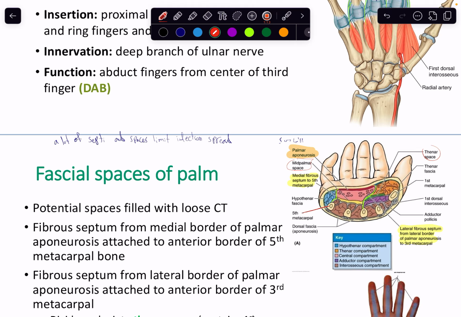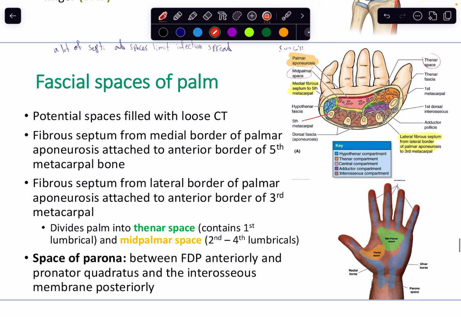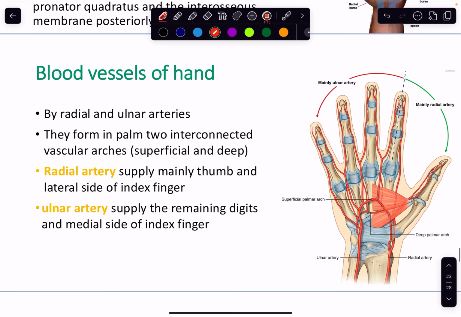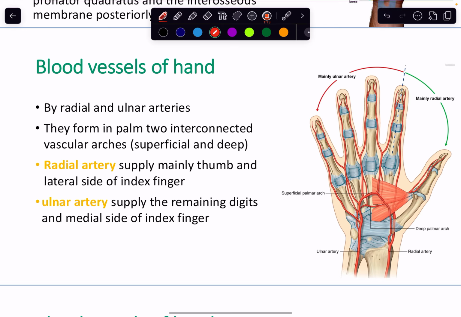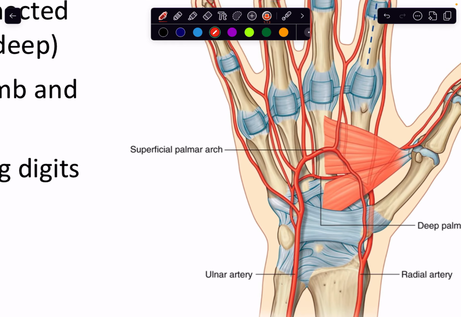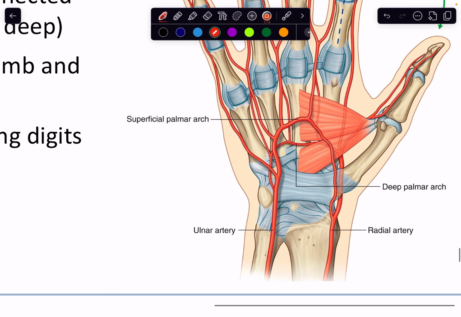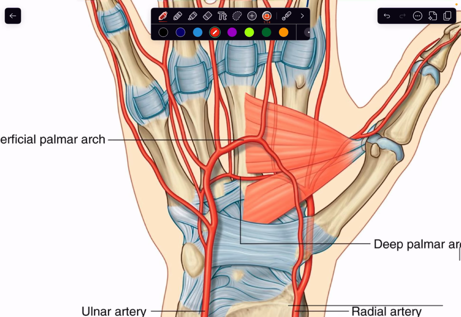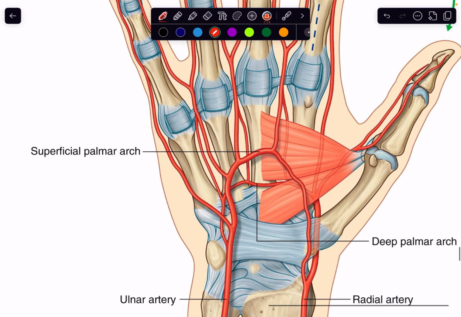Okay. From an anatomical point of view, the radial artery comes from here, running on the lateral side, and then when it comes near the wrist, it goes back. The radial artery runs on the anterior side, before the carpal bones, and then goes back. And how? It crosses the snuff box. It traverses the snuff box, touching the scaphoid bone, right? Because the scaphoid bone and the trapezium are forming